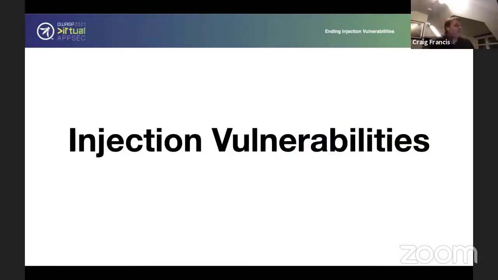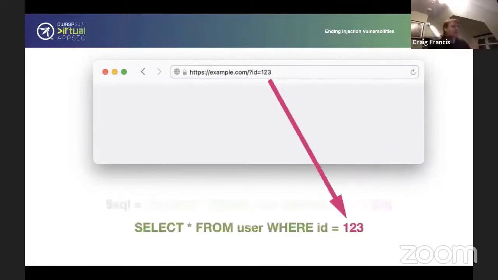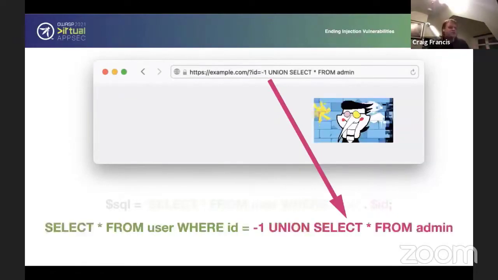So, injection vulnerabilities. This is the classic, simple example where you've got the SQL query and user data has been appended onto the end of it. The developer thinks this will be how it works, and it's great. You know, it does actually work. But unfortunately, when you have Spamton come along,